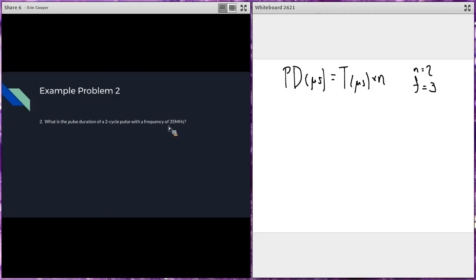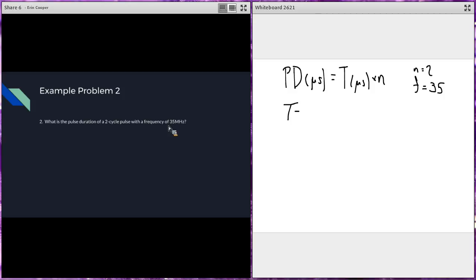Now hold up a second. We can't use frequency in our PD equation, in our pulse duration equation. So now you have to think to yourself, okay, well, now what do I do? I have the number of cycles and I have the frequency. So how am I going to use that information to get what I need in order to plug it into this equation? Remember that